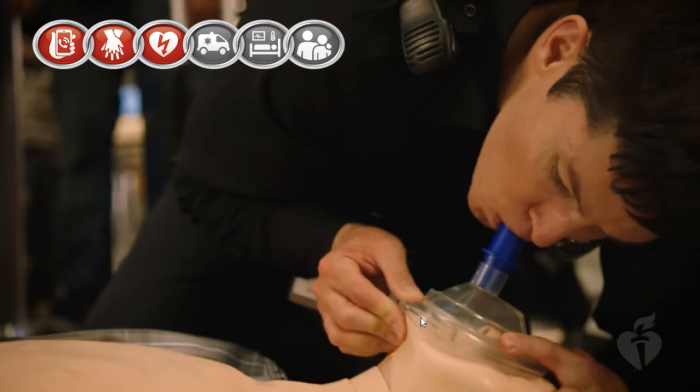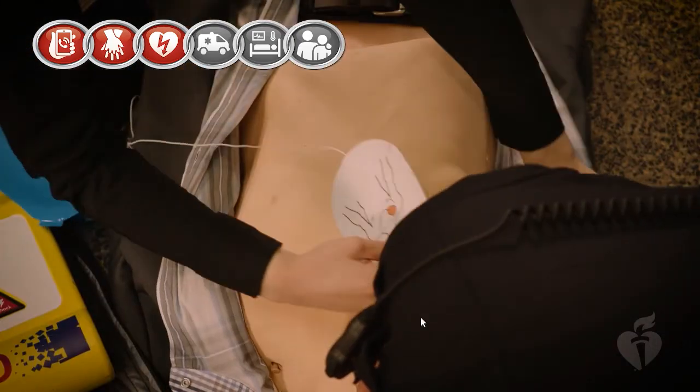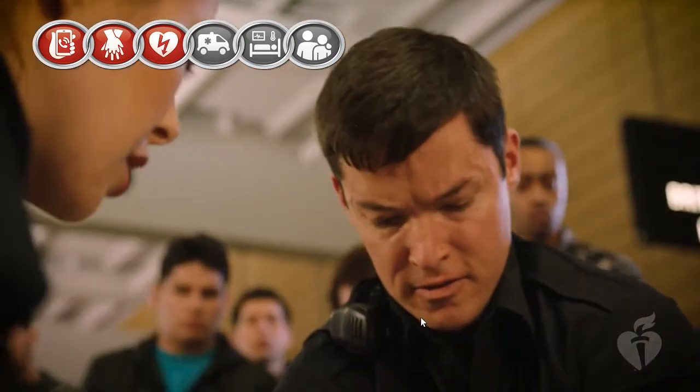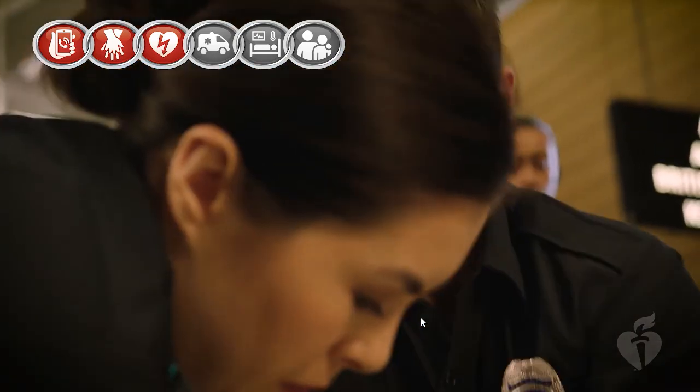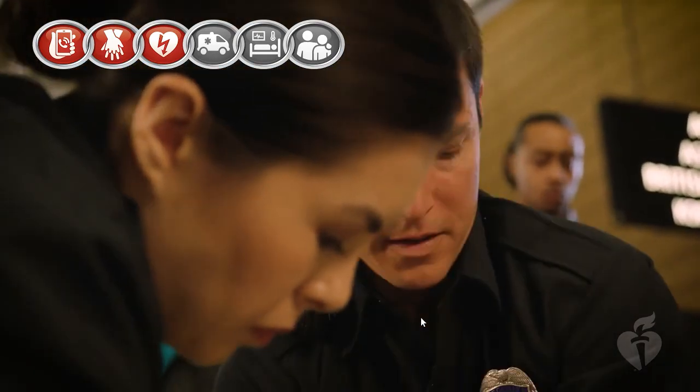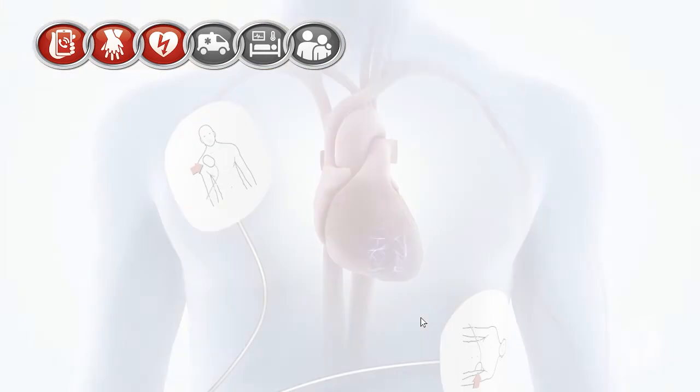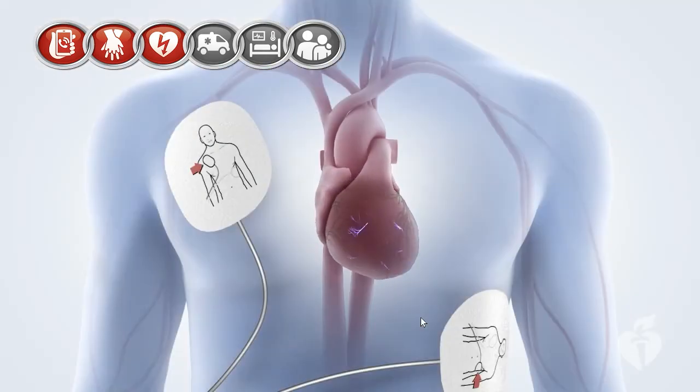Most sudden cardiac arrests are triggered by abnormal heart rhythms called arrhythmias. A common and treatable arrhythmia causing cardiac arrest is ventricular fibrillation, or VF. With VF, the heart's electrical impulses suddenly become chaotic and ineffective. Blood flow to the brain and other vital organs stops abruptly, and the person loses consciousness. Death usually follows unless a normal heart rhythm and pulse are restored within minutes.